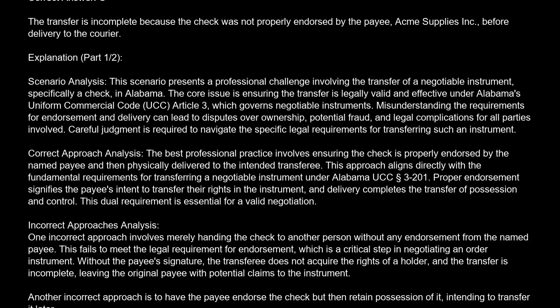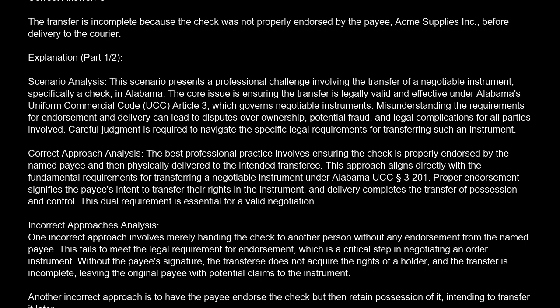The correct answer is C. The transfer is incomplete because the check was not properly endorsed by the payee, Acme Supplies, Inc., before delivery to the courier. Explanation. Scenario analysis. This scenario presents a professional challenge involving the transfer of a negotiable instrument, specifically a check, in